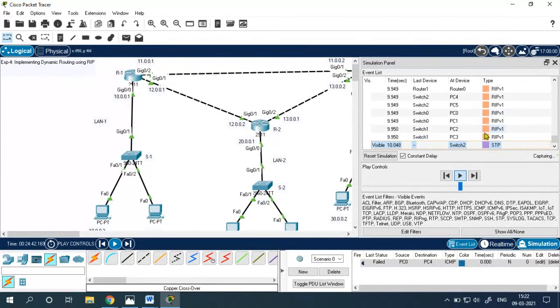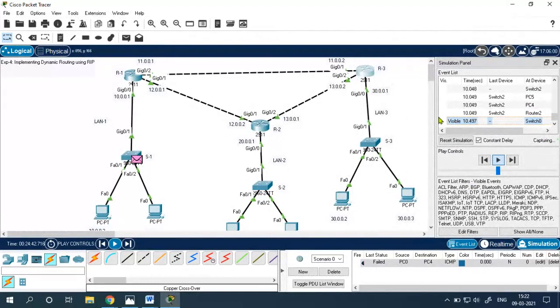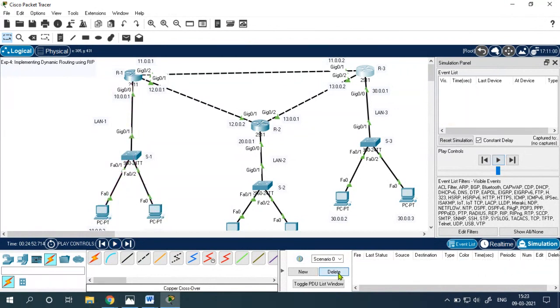There were 2 versions of this protocol, RIP version 1 and RIP version 2. By this protocol, can you let me know which algorithm is being used in it? Whether it is distance vector routing or link state routing. Now we are done with all. Can you let me know? Yes, class.